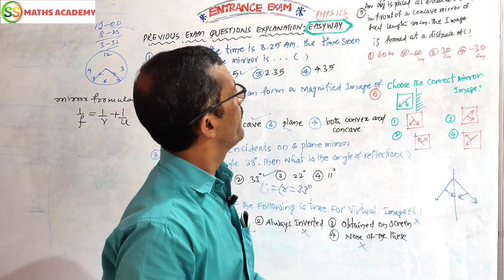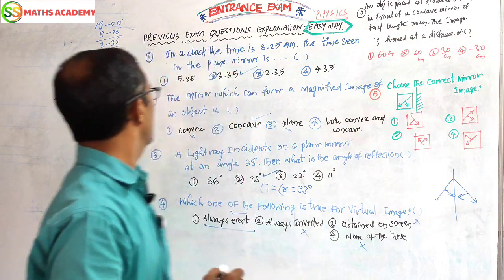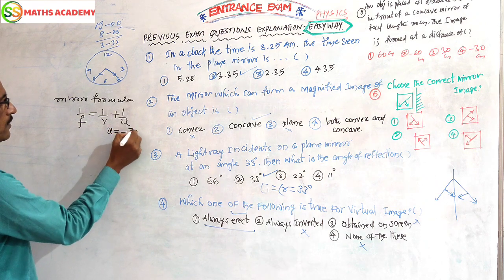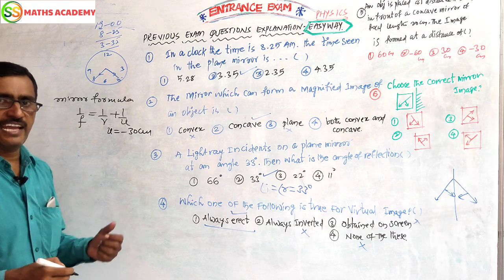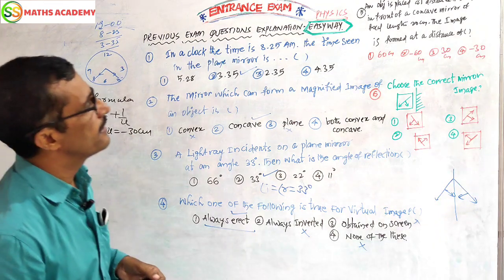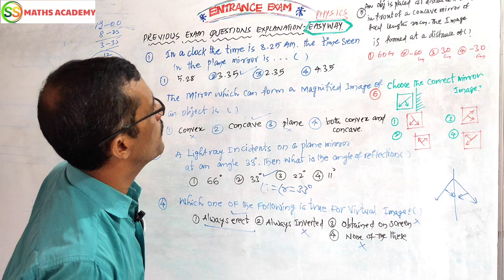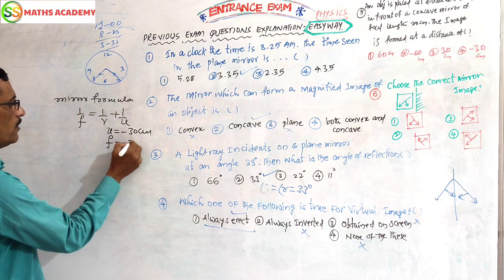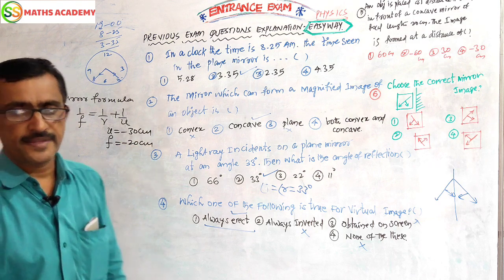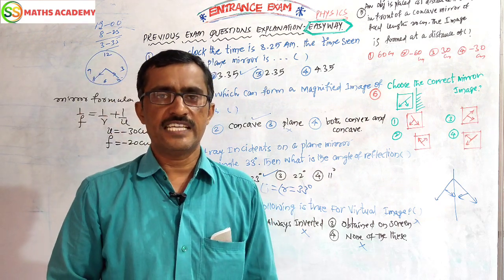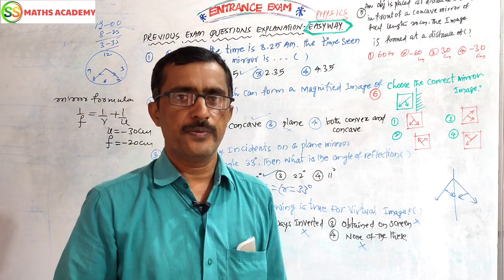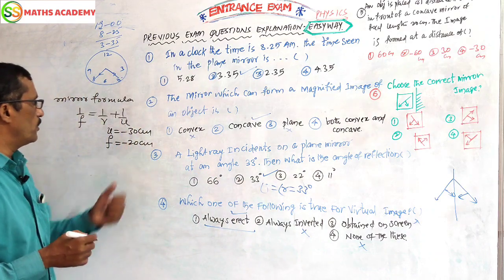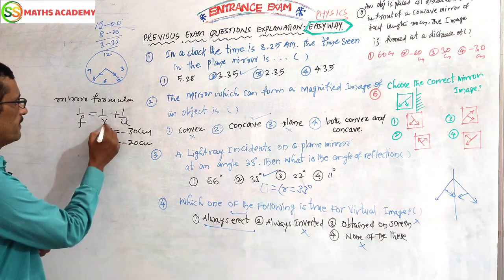What do they give? The distance of 30 centimeter. So here u equal to minus 30. According to sign convention, we should take the minus. And what else do they give? The focal length of the concave lens. Focal length f equal to minus 20 centimeter. Children, the distance of the object is always taken as negative, and the focal length of the concave lens is taken as negative only, so that f equal to minus 20. So we have to find the v value.